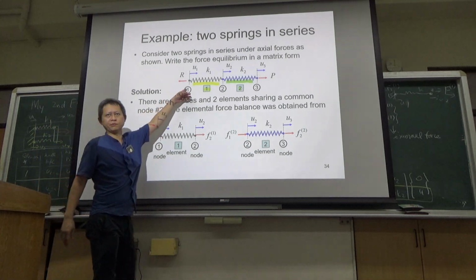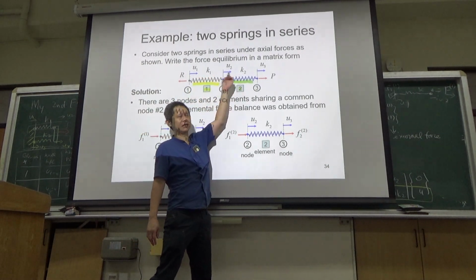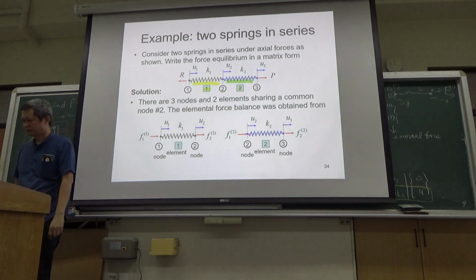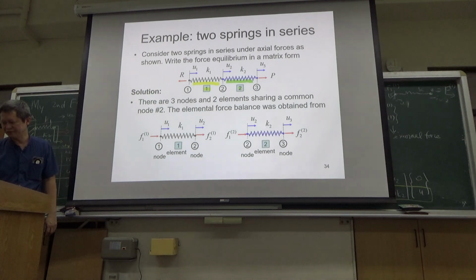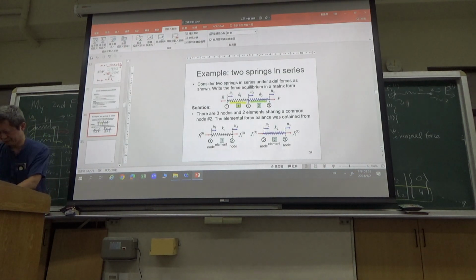If you now have two springs in series, the first spring has stiffness K1, the second spring has stiffness K2. Then you are going to break them up into these. Because I didn't write the table, many of you didn't pick up the skill. Let me show you how to do it properly. If you really have this problem, what you have to do first is